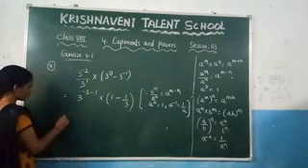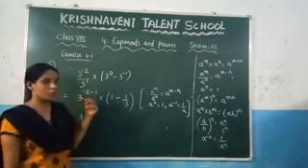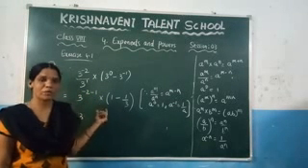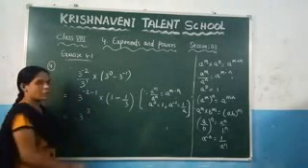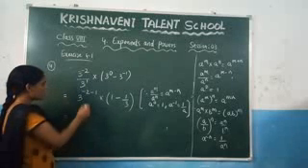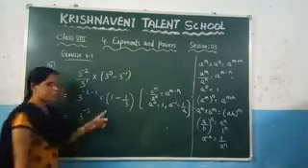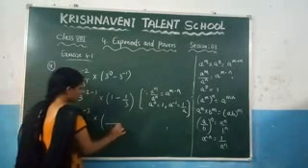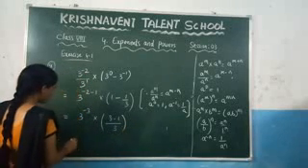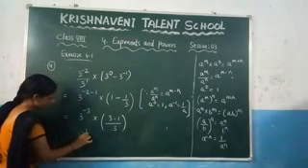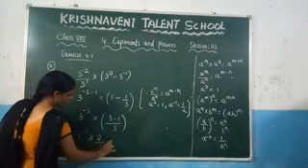Now solve this one. What you will get? 3 power. What is the value of minus 2 minus 1? You know that if both are negative, you can add the values. So that what you will get, 2 plus 1, which is 3. For the bigger number, which symbol is there, minus. So here keep it here minus into. Now take the LCM. What you will get? Which is 3. You know that 3 ones are 3, minus 1. Now here what you will get? 3 power minus 3 into. What is the value of 3 minus 1, which is 2 by 3.